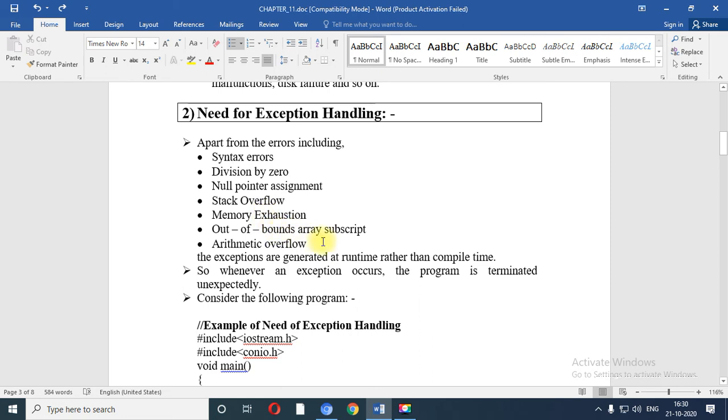So this is a list of exceptions which may occur during runtime rather than compile time. Whenever an exception occurs, the program is terminated unexpectedly, and the user doesn't know for what reason the program is terminated.